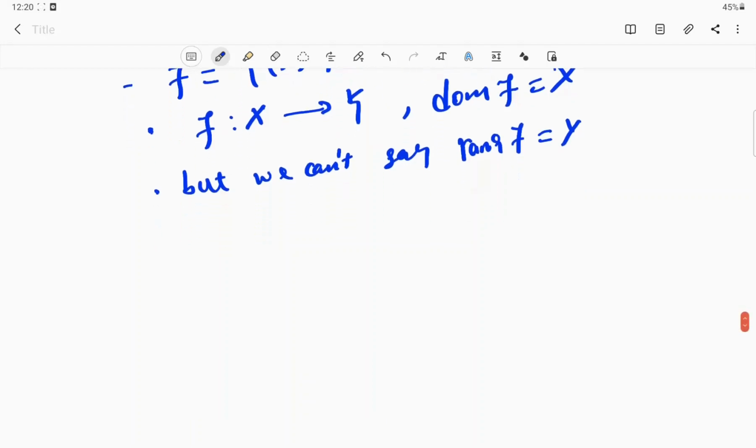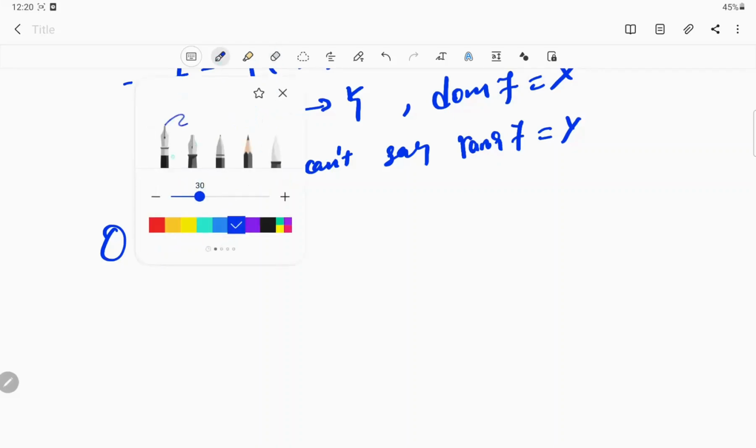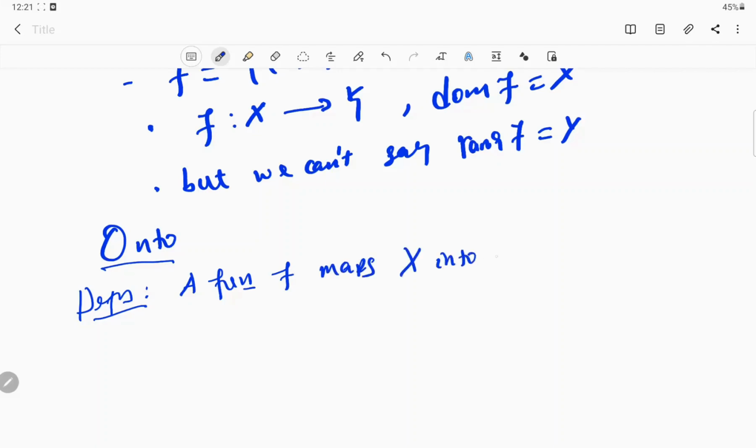So let's see some properties of a function. When you say a function is an onto function, this is a definition. A function f maps X into Y